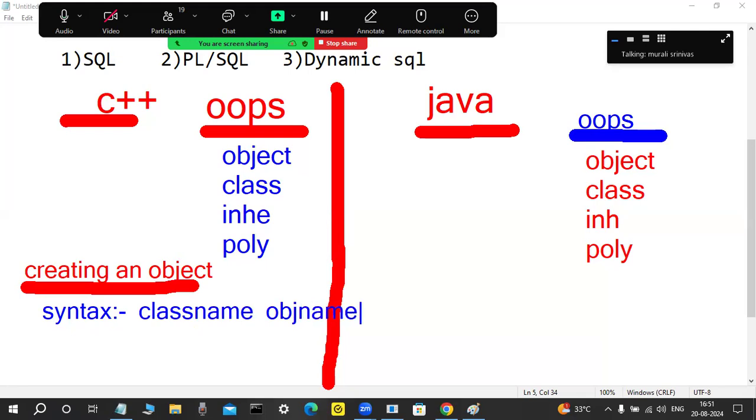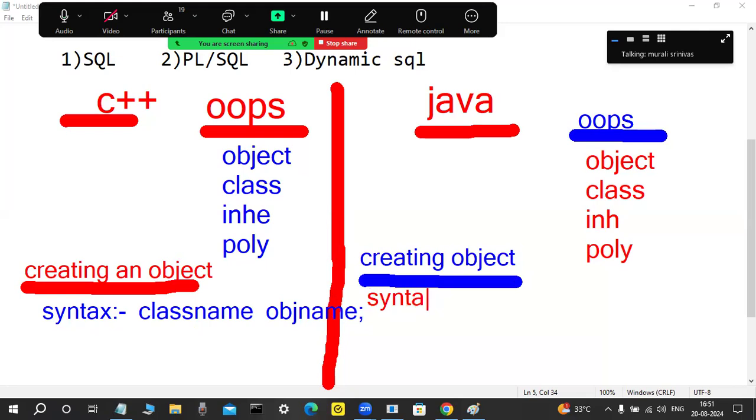No. Impossible. Observe it here. Here also creating an object from the class is there, but are they using the same syntax? No. Slightly different syntax. What is the different syntax? Maybe so many Java developers are there in our class. Java full stack developers are there. They are well-known persons. Class name, okay, how are they creating